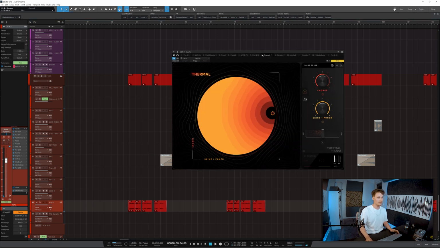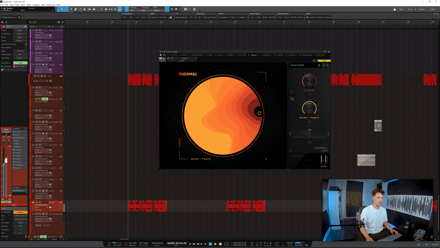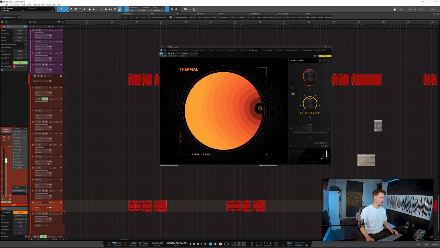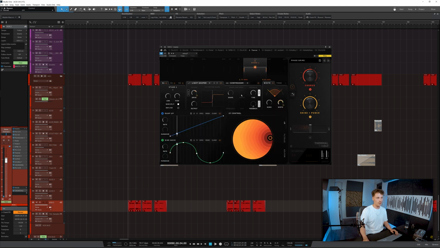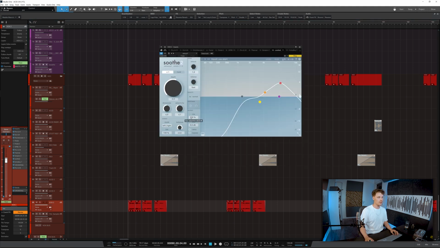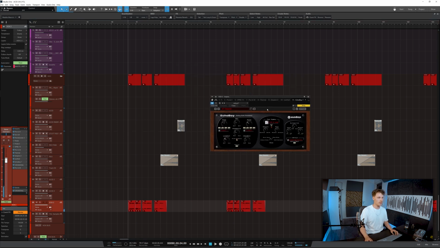Now Thermal again. And again, the cool thing is the presets they have. You can get an immense amount of inspiration from these presets. And just skip through, change the dry/wet mode whatsoever. And then if you're finished, or if you like it but you need some changes, you can go here and change everything you want. Again, simple: a filter, Soothe to cut away annoying frequencies, and delay,